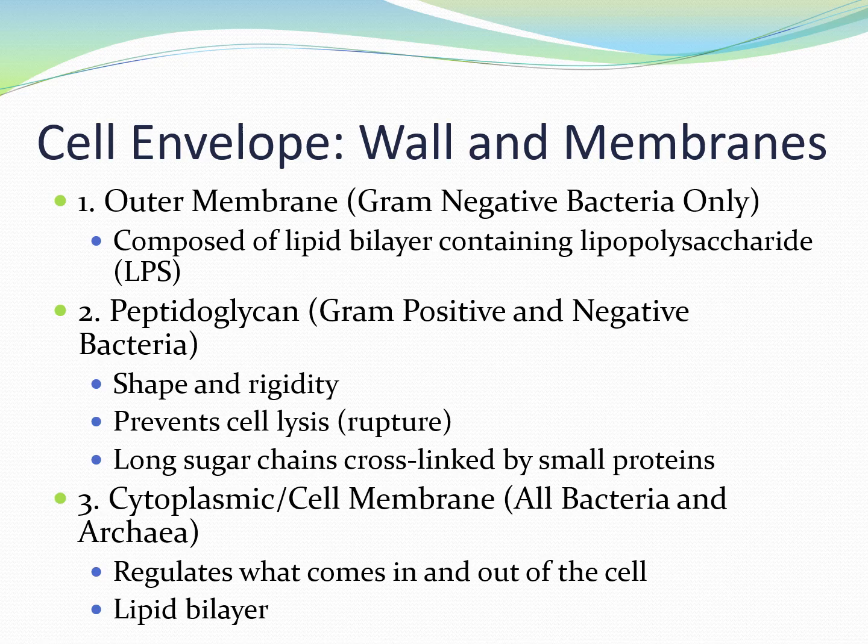So peptidoglycan is going to give the cell its outside shape and rigidity. It's going to prevent the cell from rupturing, which we're going to call lysing. Okay, that is that term there, lysing. It has a long sugar chain that cross-links by smaller proteins. So everything comes back to proteins, guys. I told you. And then our third possible structure, which is going to be found on all bacteria and archaea,